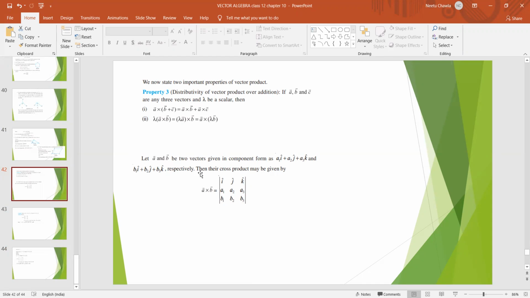And this is a thing which Sayam was telling, that whenever we have to find the cross product of any two vectors, we have to just put it in the form of a determinant with i, j and k. Here it comes a1, a2, a3, meaning the scalar components of one vector, and b1, b2, b3 the scalar components of the other vector. Just find the value in the form of a determinant and you can get the answer. So this is the theoretical portion, totally theoretical portion, which we